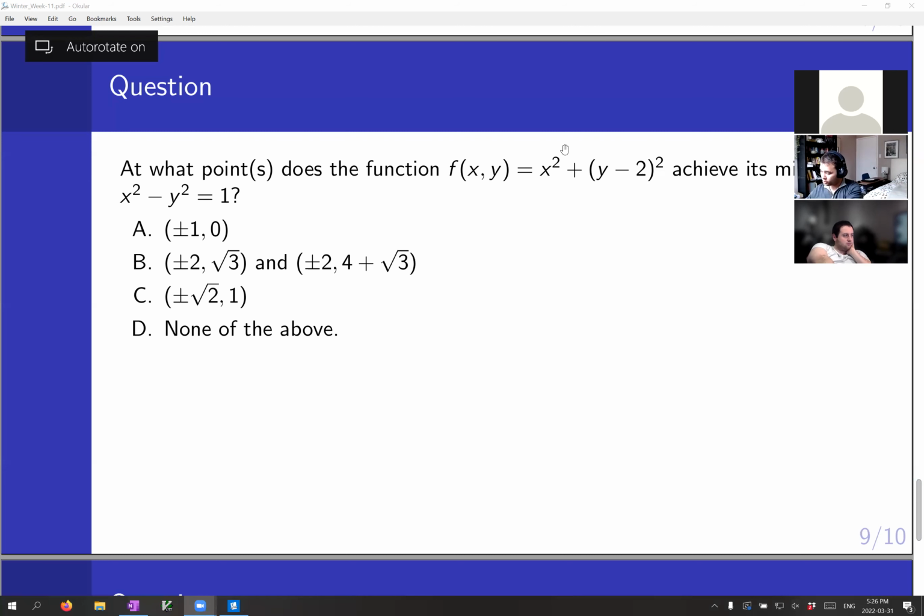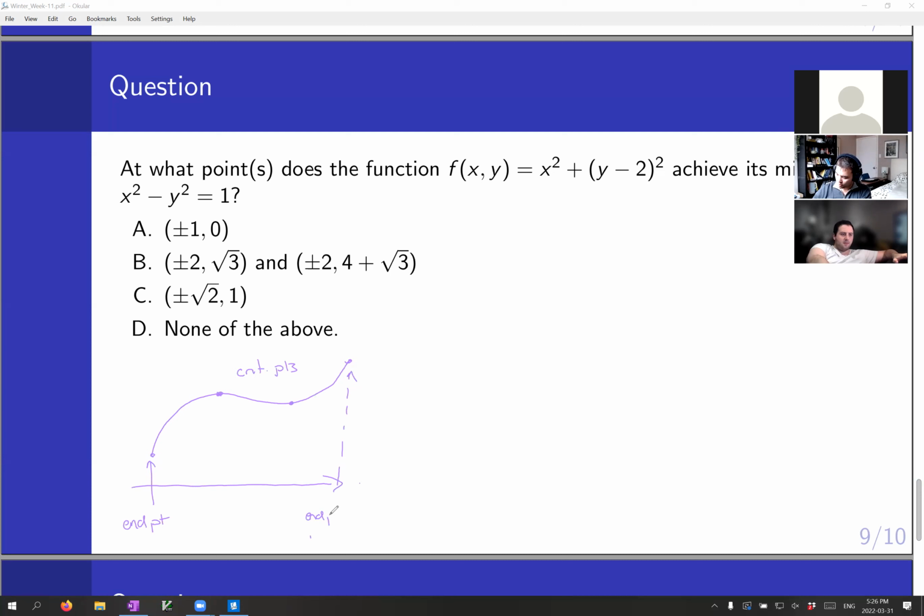Let's get annotations going. So you remember when we were doing single variable calculus and we had to check the endpoints, right? So you could have a function and maybe that function looks something like this. And you could find the critical points, right? But you still had to check the endpoints. And the reason